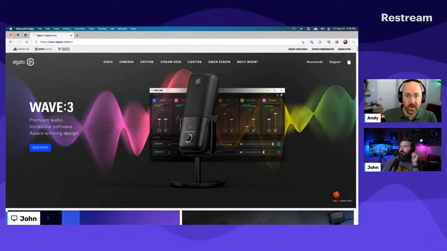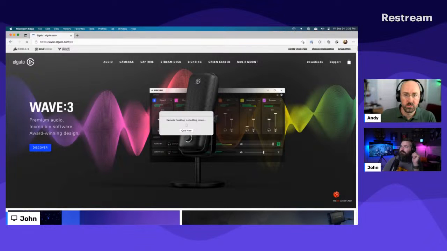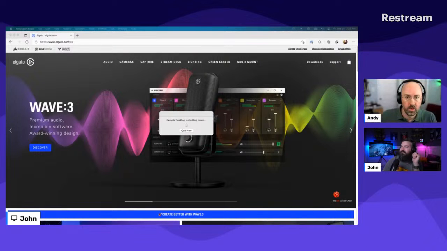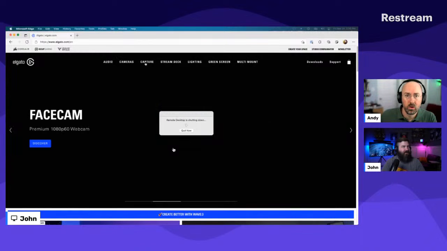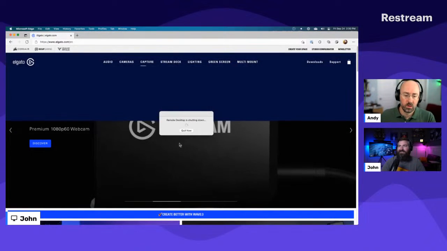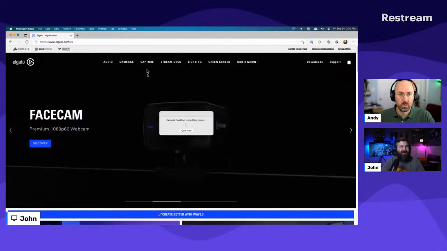So with that, there's a couple caveats. Depending on the device, you might not get a clean signal out of it. I'm going to try to show you in here. Let me see if I can switch my camera over. I was trying to show the capture card on the Elgato website too, but it's loading so slow.